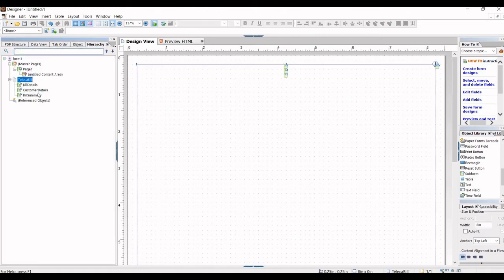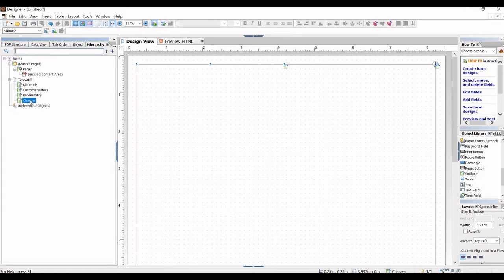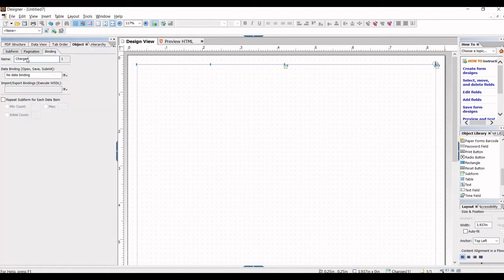Control C, Control V, charges. This will be charts.